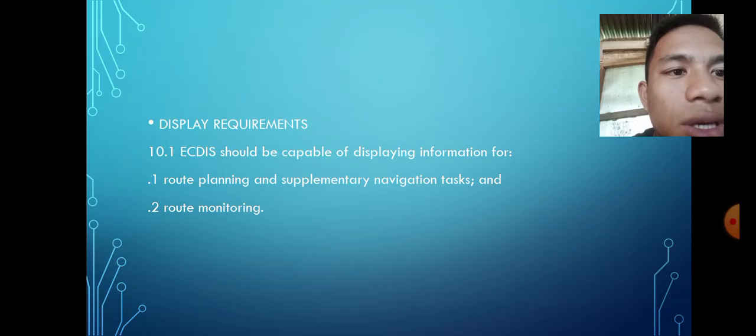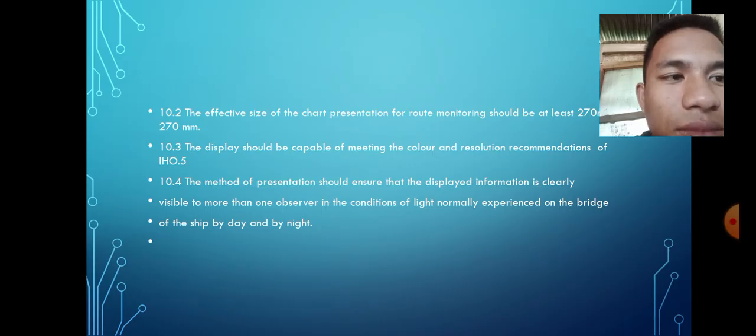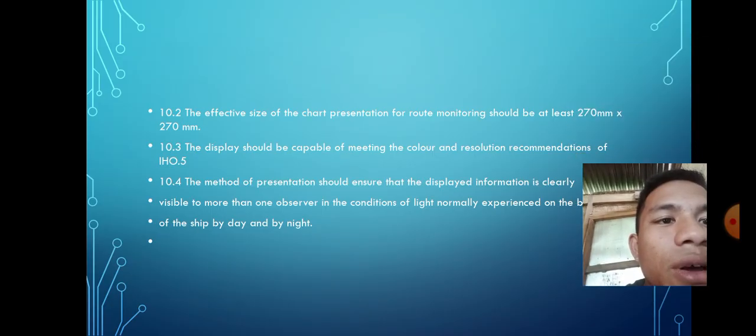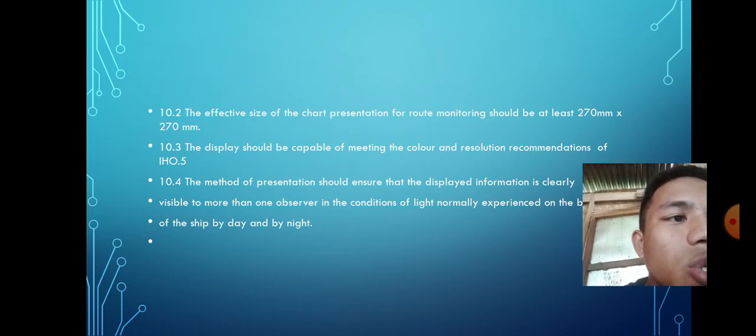This should be capable of displaying information for route planning and supplementary navigational tasks. And two is the route monitoring. Then the 10.2, the effective size of the chart presentation for route monitoring should be at least 270 millimeter